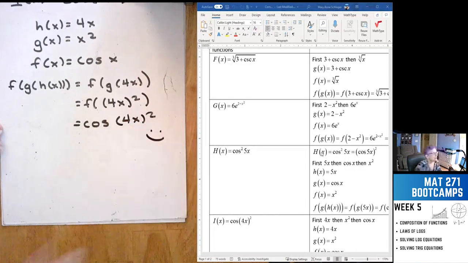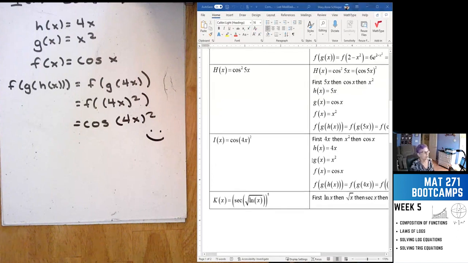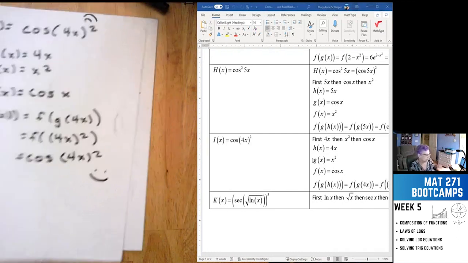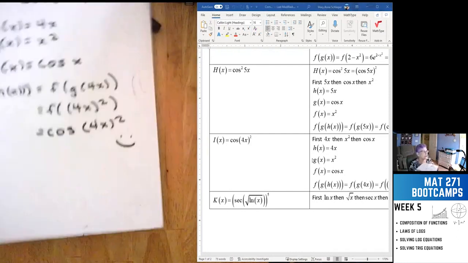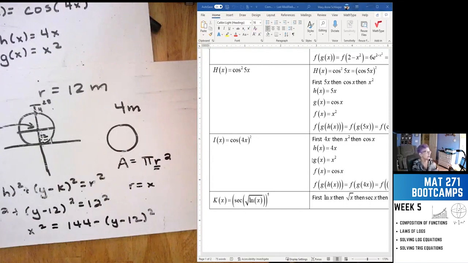And that's exactly what we want. Okay, and then I did one that was just really super ugly, just to be challenging. But it's the same principle. You're just going to work your way out of